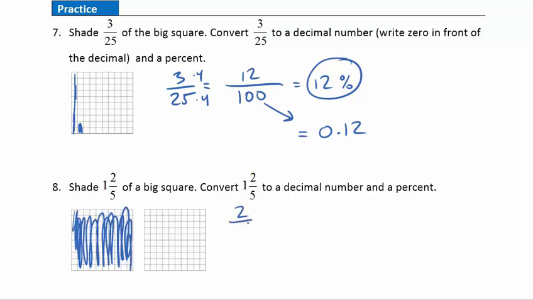Now let's talk about changing 2/5 into a percent. So we want this to be out of 100. Let's see, starting with 5, getting to 100, well, that's just 20 again. So that's 40 hundredths. So when I come over here to shade, I want to shade 40 of those boxes. So there's 10, 20, 30, and then one more will be 40. All right, let's write this thing then as a